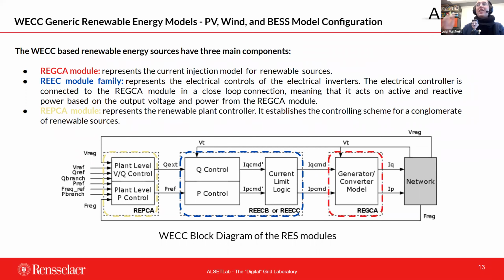Although you can do it in Modelica, this is not what is done in typical grid analysis, right? And then you have what is called the upper level controls in power electronics literature, or we just call them controllers for P and Q control, or the plant level controller. So in these modules, the yellow one is the plant controller, the blue ones are the different modules, and finally the generator model.